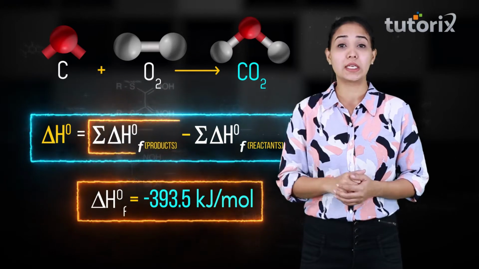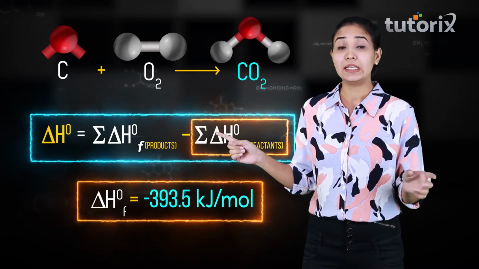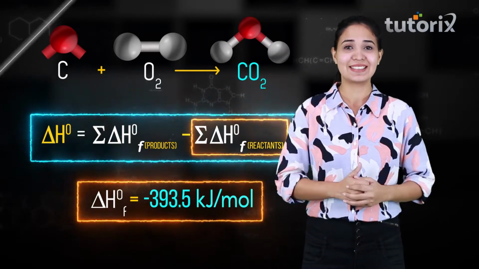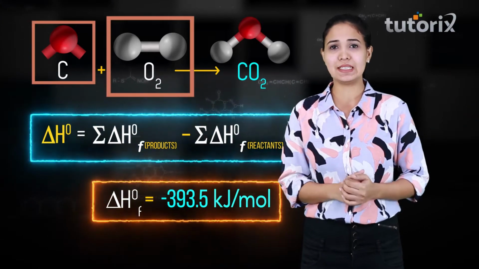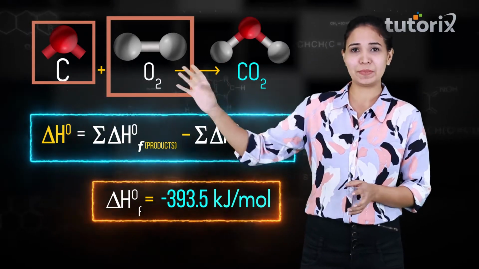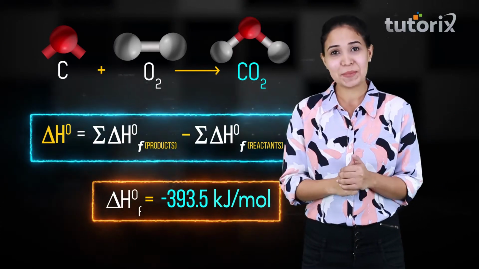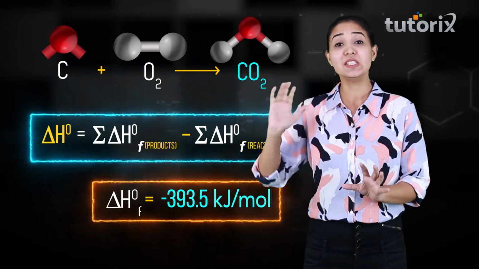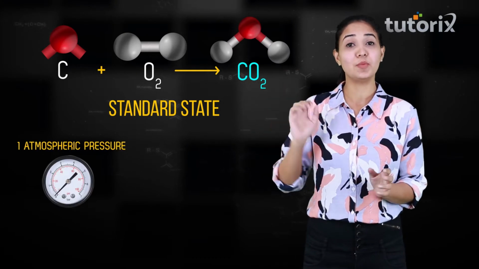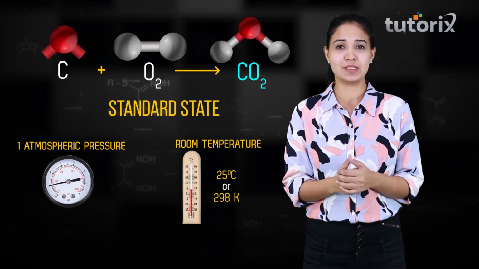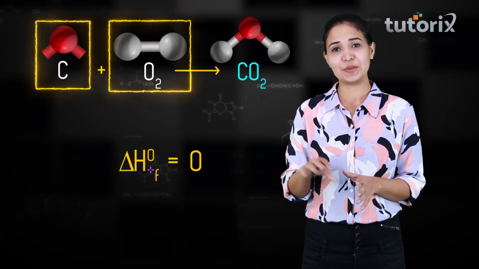We have the value for the product. Now if I have to talk about the reactants, it was given in the very beginning that they are present in their standard state. And since in the equation carbon and oxygen are present in their elemental state, that we know, of course, because it is simply C and this is O2 oxygen. And what did we say? Whenever elements are present in their standard state, that is at 1 atmosphere and room temperature, the value is 0. So simply the delta H naught F value for C and O2 becomes 0.